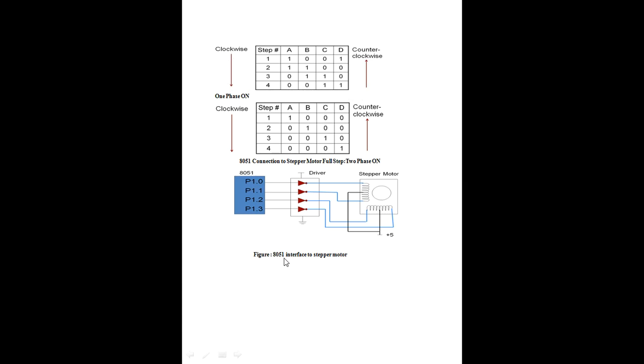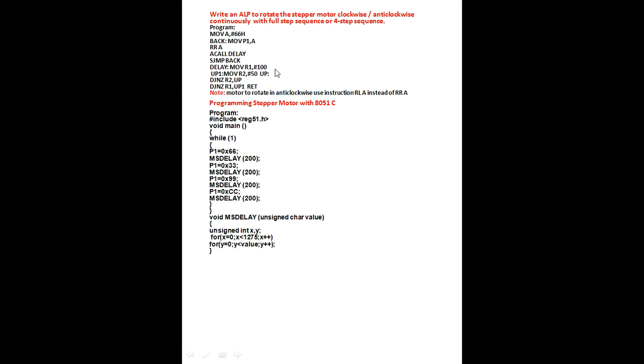And this is the 8051 interface to the stepper motor. 4 bits of port 1 are connected to the stepper motor windings, all 4 windings A, B, C, D, through the drivers. This is the 8051 connection to the stepper motor, with 2 phases on.